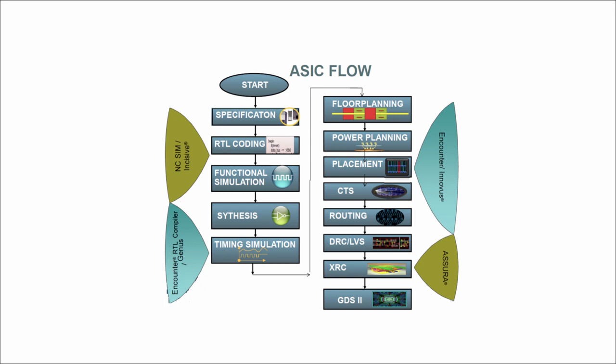Then placement is placing the standard cells, and go to the CTS, and when CTS is completed, go to the routing process. Routing is the optimization stage, and next we check the DRC and the layout versus schematic, and then go on to generate the GDS file. Now a top module has been obtained along with different reports. Here we show different reports, and they include power, area, and timing.